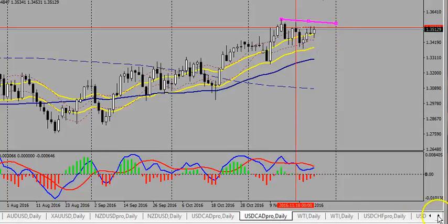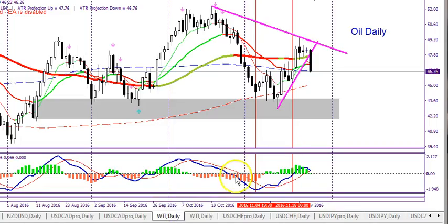And now for the next currency pair, we're going to go. Oh, before we do that, there's oil. I just want to show you really quickly. Remember, the Canadian dollar is tied to oil, so oil has gone sideways for all this week. This red line designates the end of